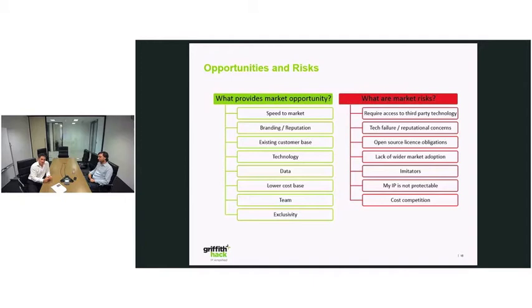We can get a little bit sidetracked on open source obligations here, but it's particularly relevant in the fintech space because there's quite a lot of software driving this stuff. At the same time, it's a risk, because if your advantage lies in exclusivity, for example, then it's something you're going to have to consider. So just coming back, I'm just going to.